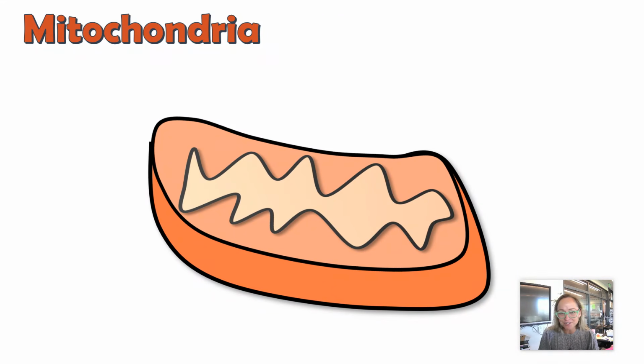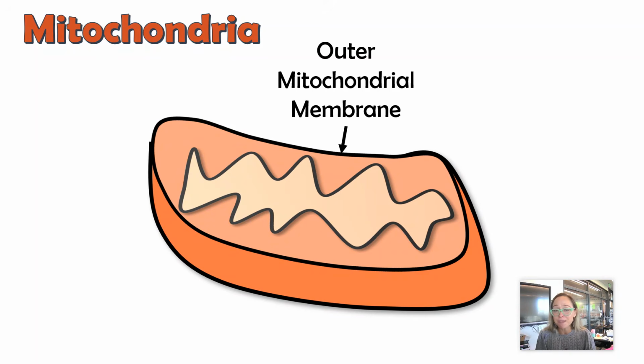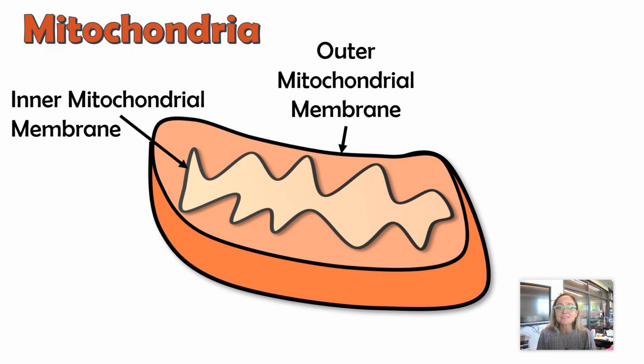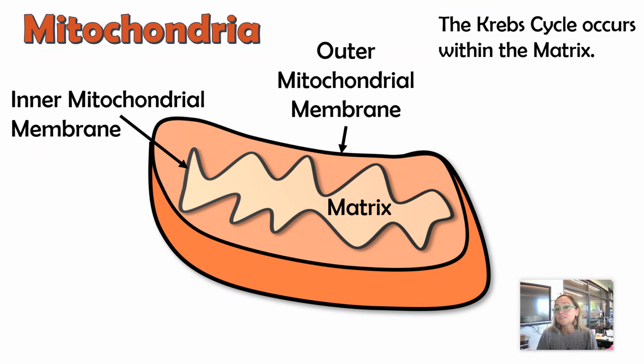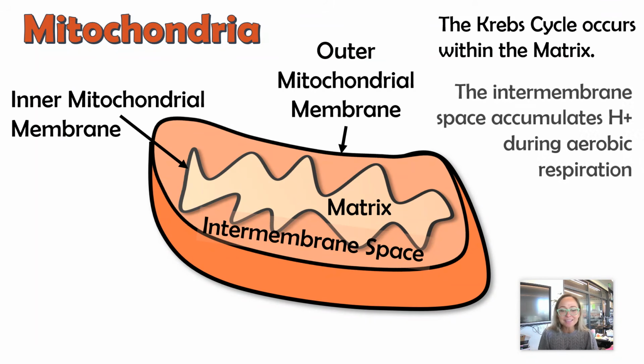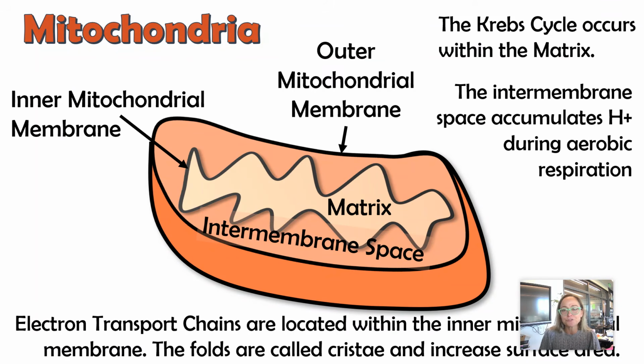But let's go ahead and look at the structure of the mitochondria. So the mitochondria has two membranes. It has an outer mitochondrial membrane as well as an inner mitochondrial membrane. Now, the matrix is the area within that inner mitochondrial membrane. This is where, when you get to aerobic respiration, we'll learn that's where the Krebs cycle happens. Then the main parts of mitochondria that generates a lot of ATP is going to be in that inner mitochondrial membrane. There's these things called electron transport chains that are responsible for the mass production of ATP. And so those are located within that inner mitochondrial membrane,